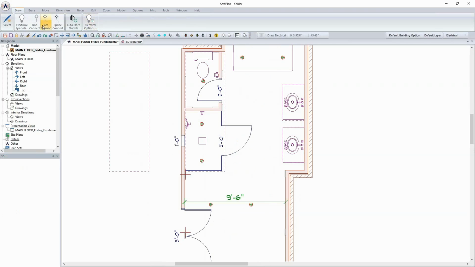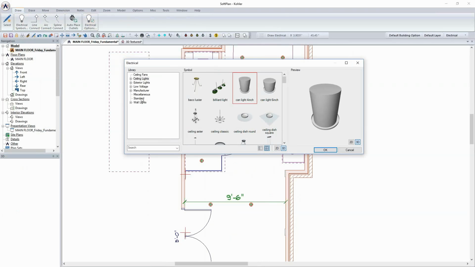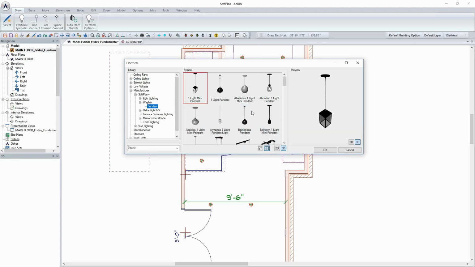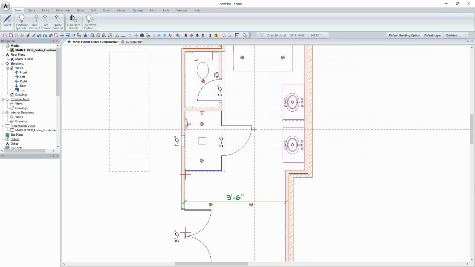and we're going to select draw followed by electrical symbols. And here I'm going to go in. I use generic can lights to start with, but perhaps I'll come in through the manufacturer at this stage in Softland Plus, and I'm just going to go down into the Wayfair symbols and select from a pendant. This is a newer library that's been added, and there's certainly been plenty of options that have continued to be added to this. And I'm going to select this pendant light, which by default will go in as black,